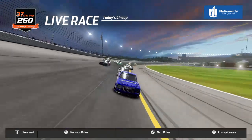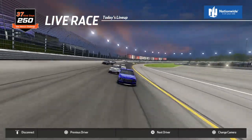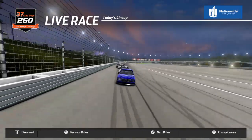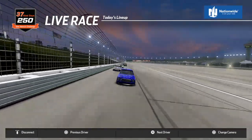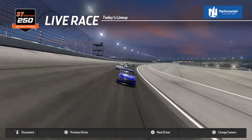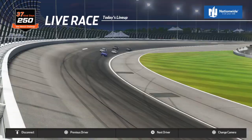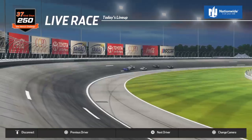Oh, the 41, the 88 makes some contact, and the 41's going. Oh, that's a big wreck in the back. The 18 was on the apron too. And that's gonna bring out the caution. Most of the field was out. 41 made some contact with the 88, and that created a pile up there. But that 8 truck of Fluffy seems to be the one to beat